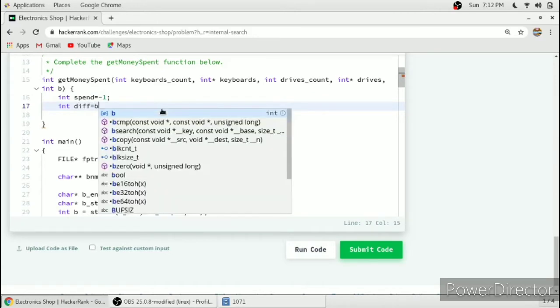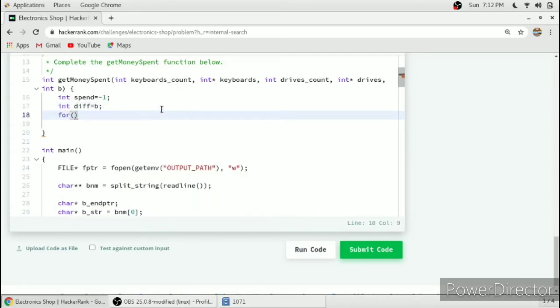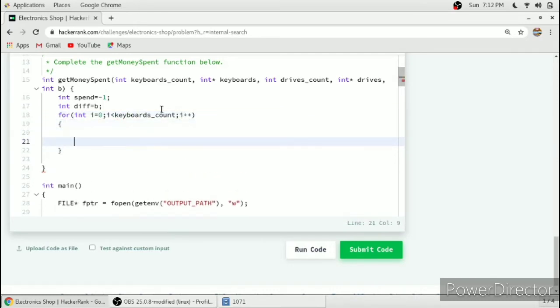After that we will run a loop for i less than keyboard count and i++. In this for loop we will define another two variables, that is current difference and current spend.